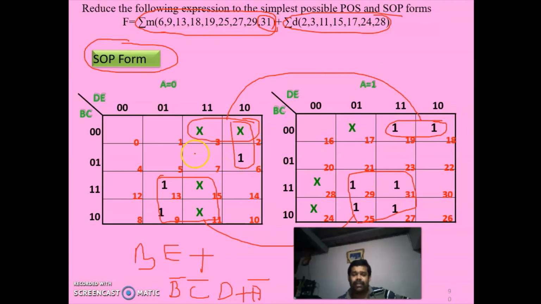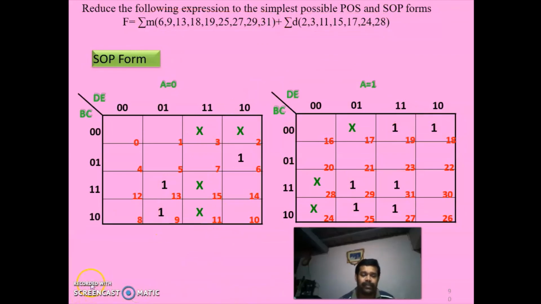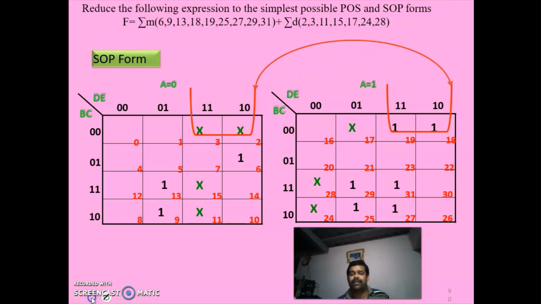Here we have taken this group in these two rows. In these two rows b bar is not changing, so b bar, then d e bar. So this is the expression. So we can check. We'll animate this. This is the first group, so the expression for this group is b bar c bar d, and the expression for this group is a bar b bar d e bar.